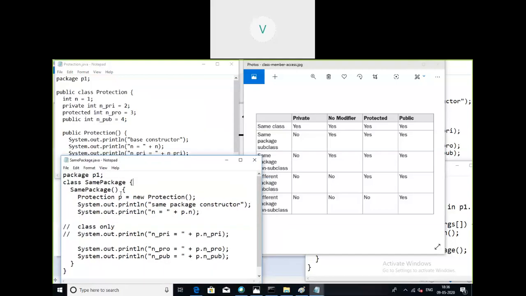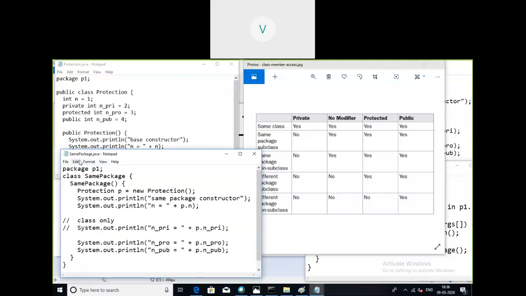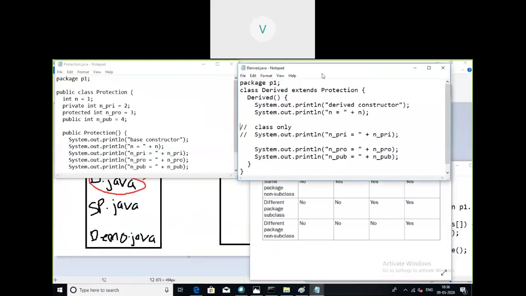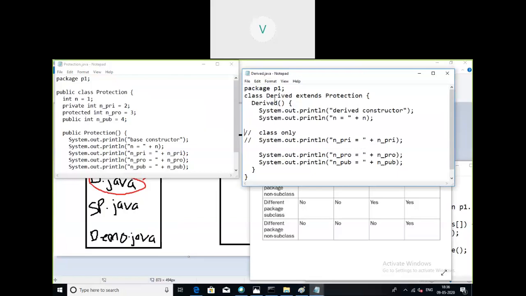Right? While being in the derived class, sorry, I am taking some other example. Here is the derived class. This we will look into afterwards. So what is this derived class? Derived is extending protection.